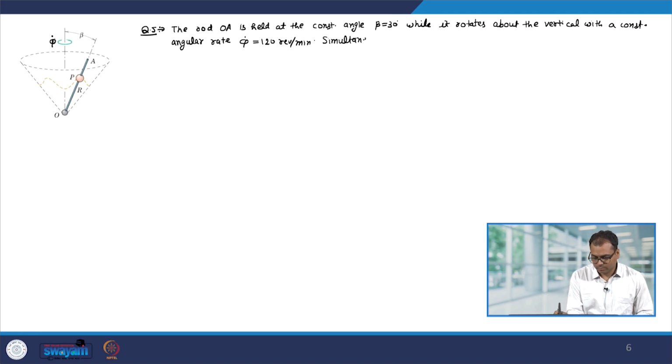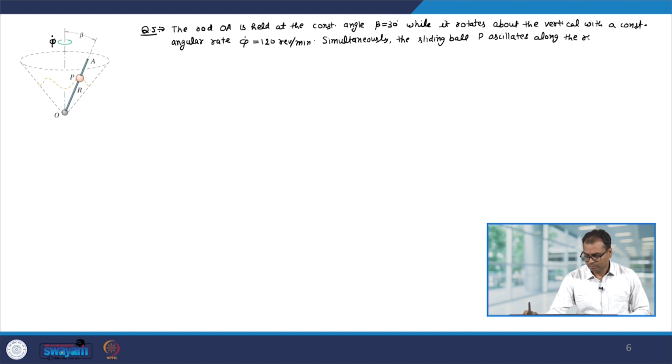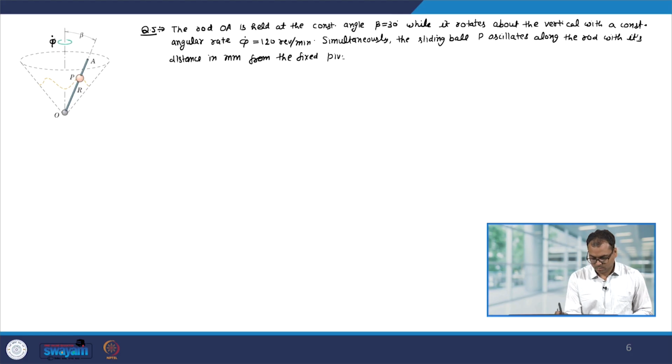Simultaneously, the sliding ball P oscillates along the rod with its distance in mm from the fixed pivot O given by r equal to 200 plus 50 sin 2 pi nt,